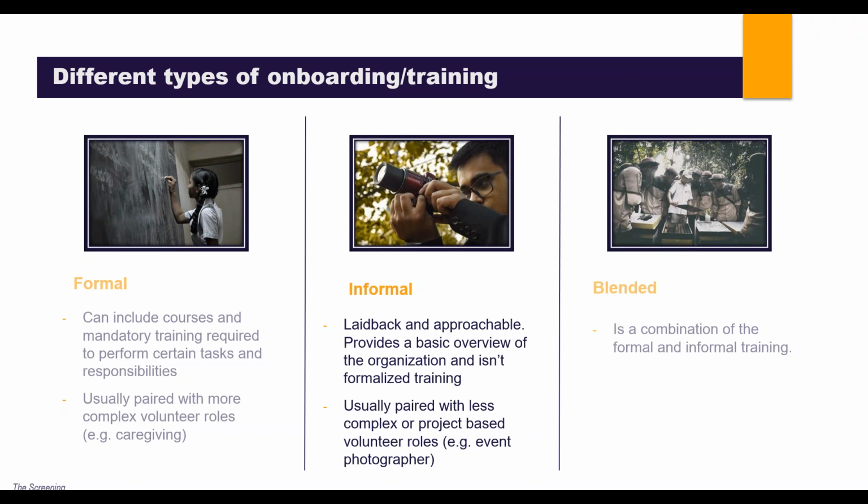Informal onboarding is more laid back and approachable than formal onboarding. So it usually includes a basic overview of the organization and of the role, and it doesn't require formalized training for the volunteer to understand their role and responsibilities. These are usually paired with less formal or complex volunteer roles and can be done while the volunteer undertakes their